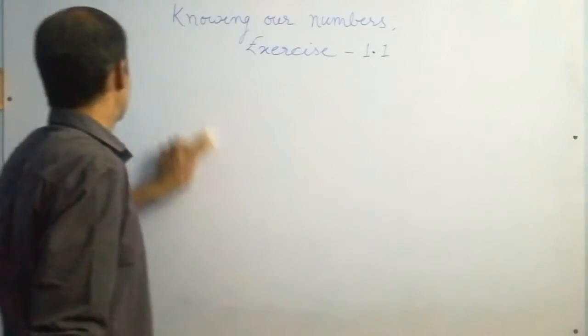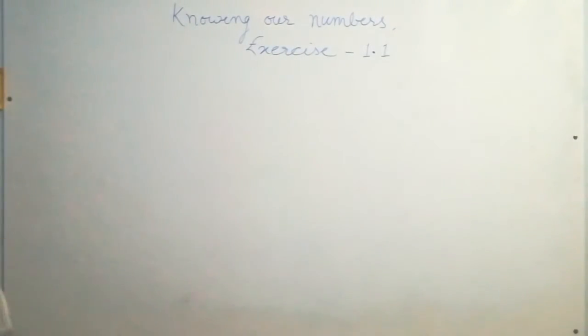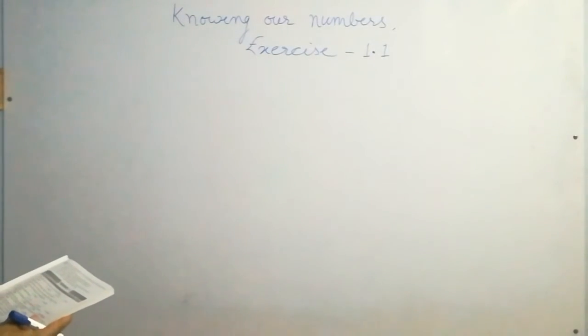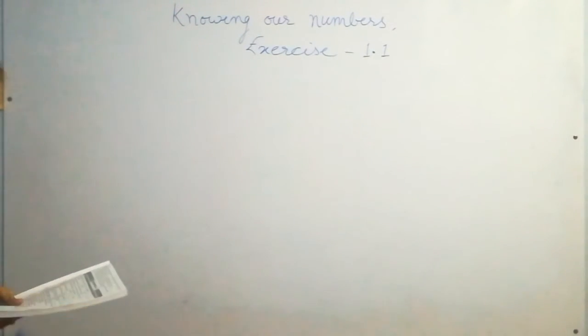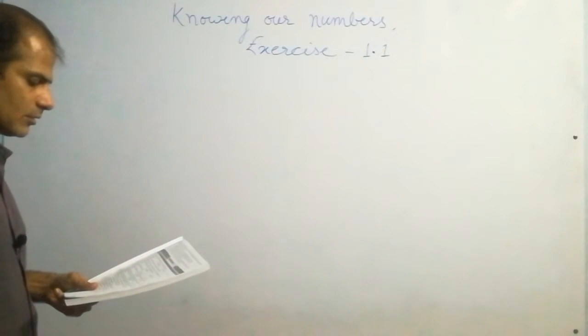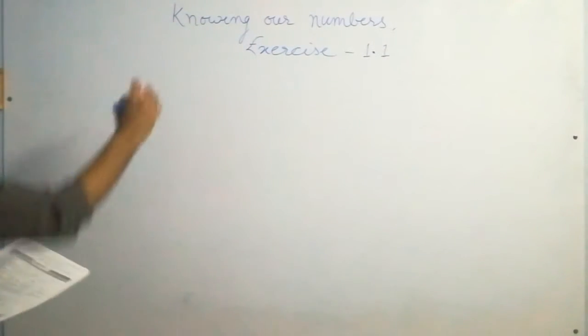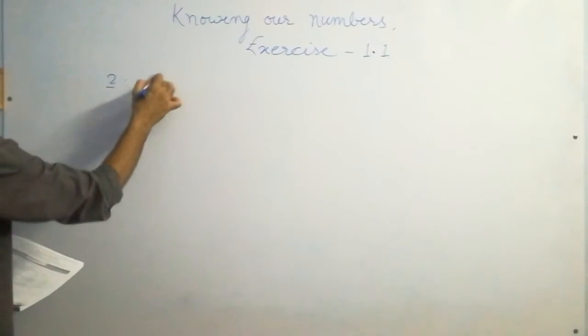Second question, find the product of the place value of two threes in 6435. Okay, so the second question is,